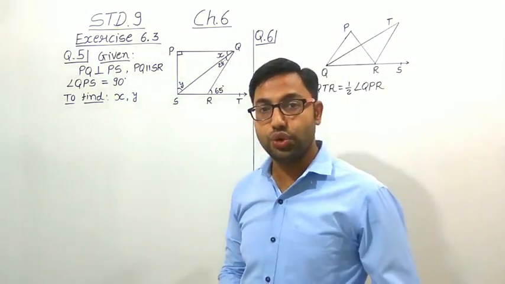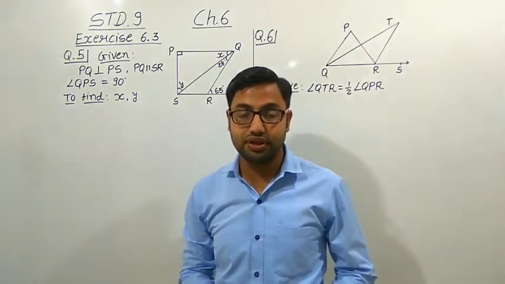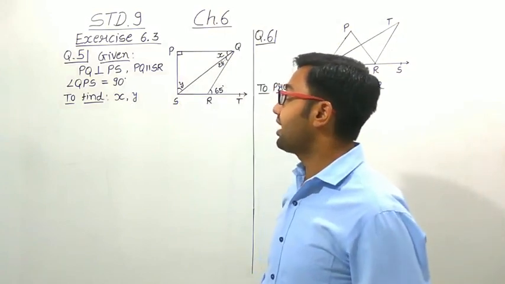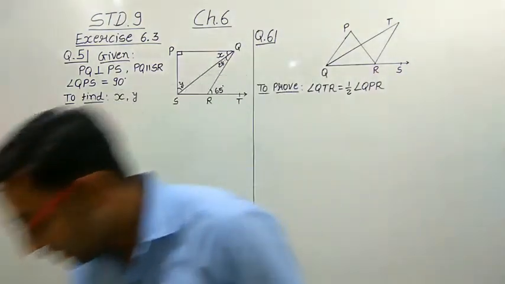Hello students, today we will study question number 5 of exercise 6.3. This is the topic of standard 9, chapter number 6, lines and angles. So what is the question? The question is,